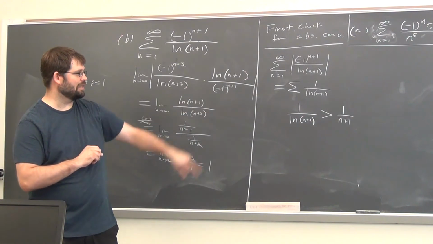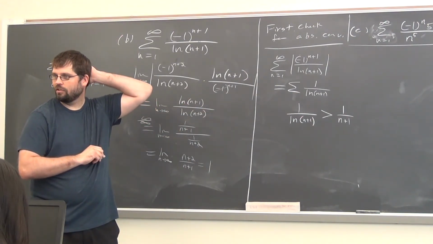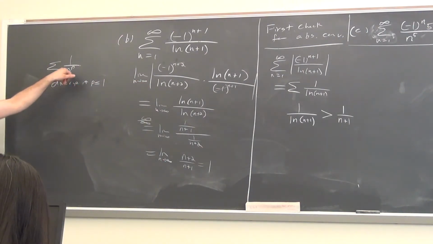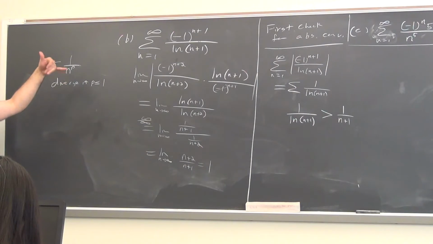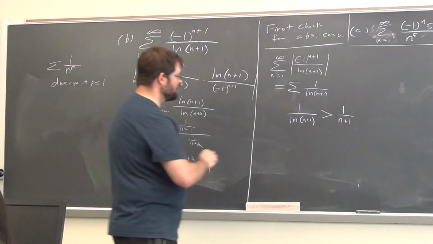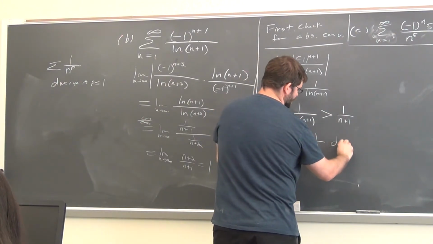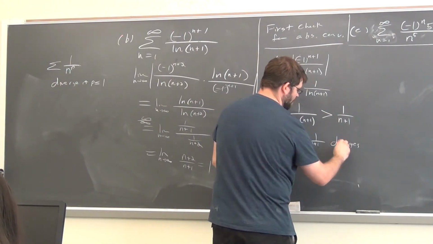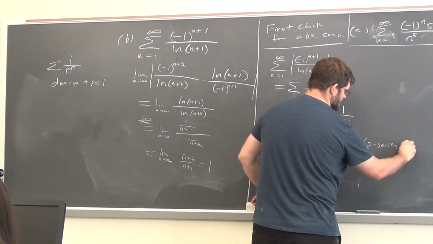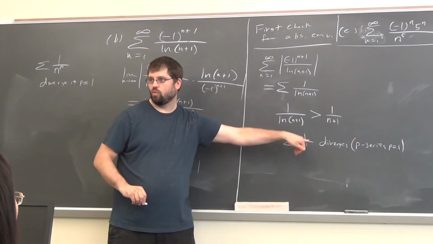Now, what do you think about that series on the right, the 1 over n? Does that converge or diverge? Diverges, and again, it's not exactly a p-series, but that's a p-series, right? It's a first-degree polynomial. If you add that up, it'll diverge. I would just say this diverges, and I think you can just say it's a p-series with p equal to 1,